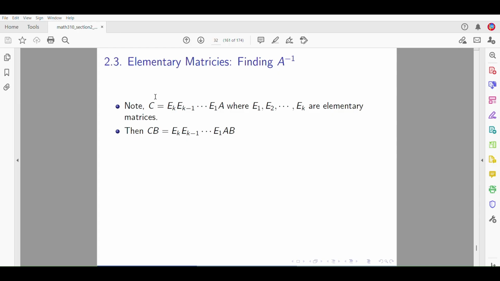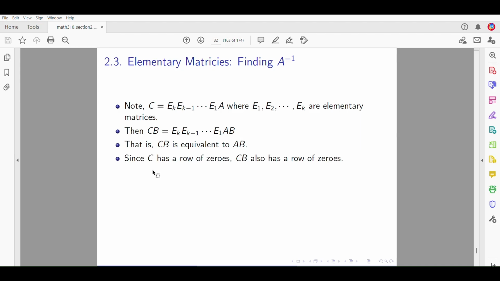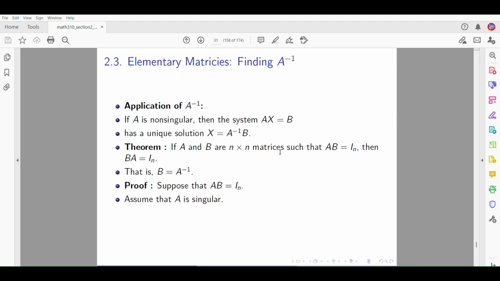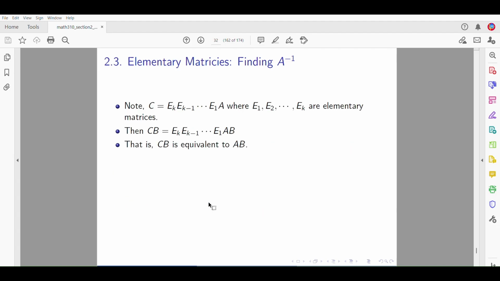Now if I multiply on the right by B, remember AB is identity, so CB also has a row of zeros, which is not possible because AB is identity. So we have a contradiction here. What was the contradiction? Assume A is singular. We cannot have